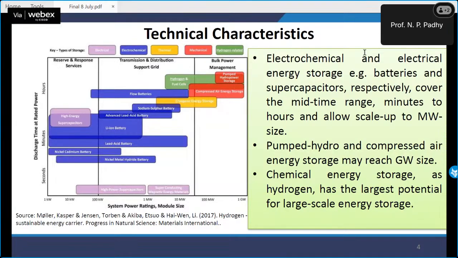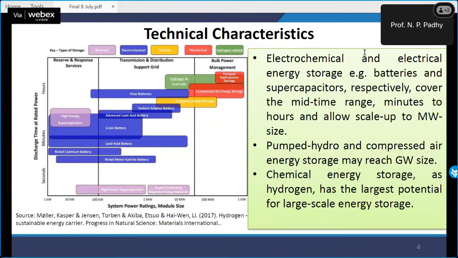What about lead-free ceramic-based? Okay, if someone is asking about a specific type of battery, why is it not being included? Probably the references we have used are from 2017, the diagram which has been taken from Moller, in 2017. So these are the concepts they have considered, that is, having ultra high power density. But once you understand the chemistry of that battery, it can probably go closer to other chemistry types. All right, excellent.